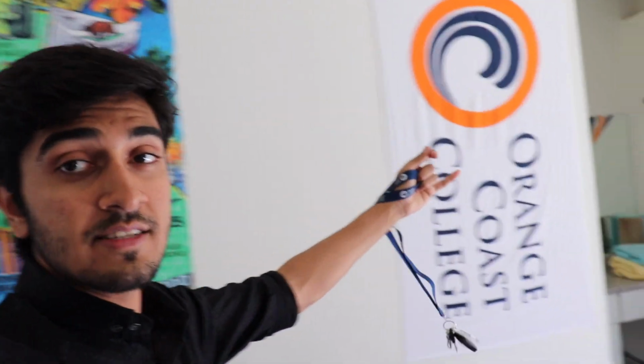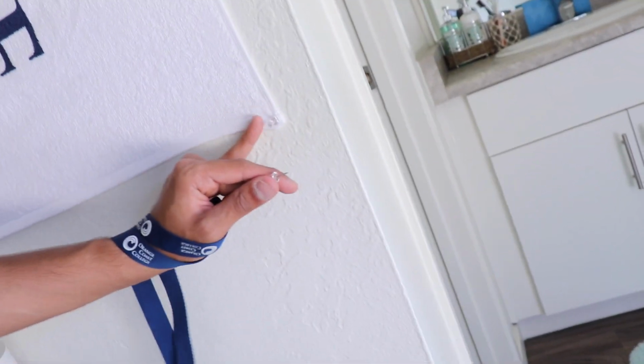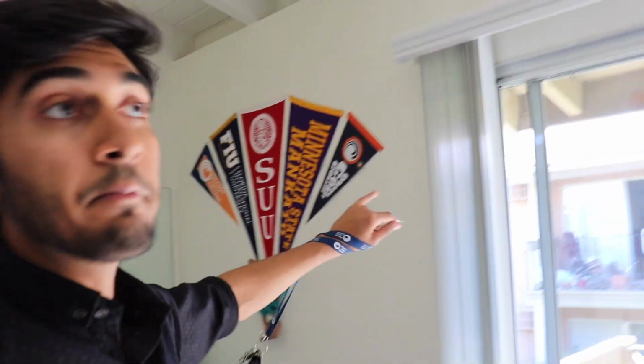For example, 4 big examples. You see this, you see this. All of these are attached to the wall by thumb pins, not by screws. Do you see that? It's by thumb pin. Do you see that Indian flag behind me? That's by thumb pins. So that's why thumb pins are pretty important if you want to decorate your room, or